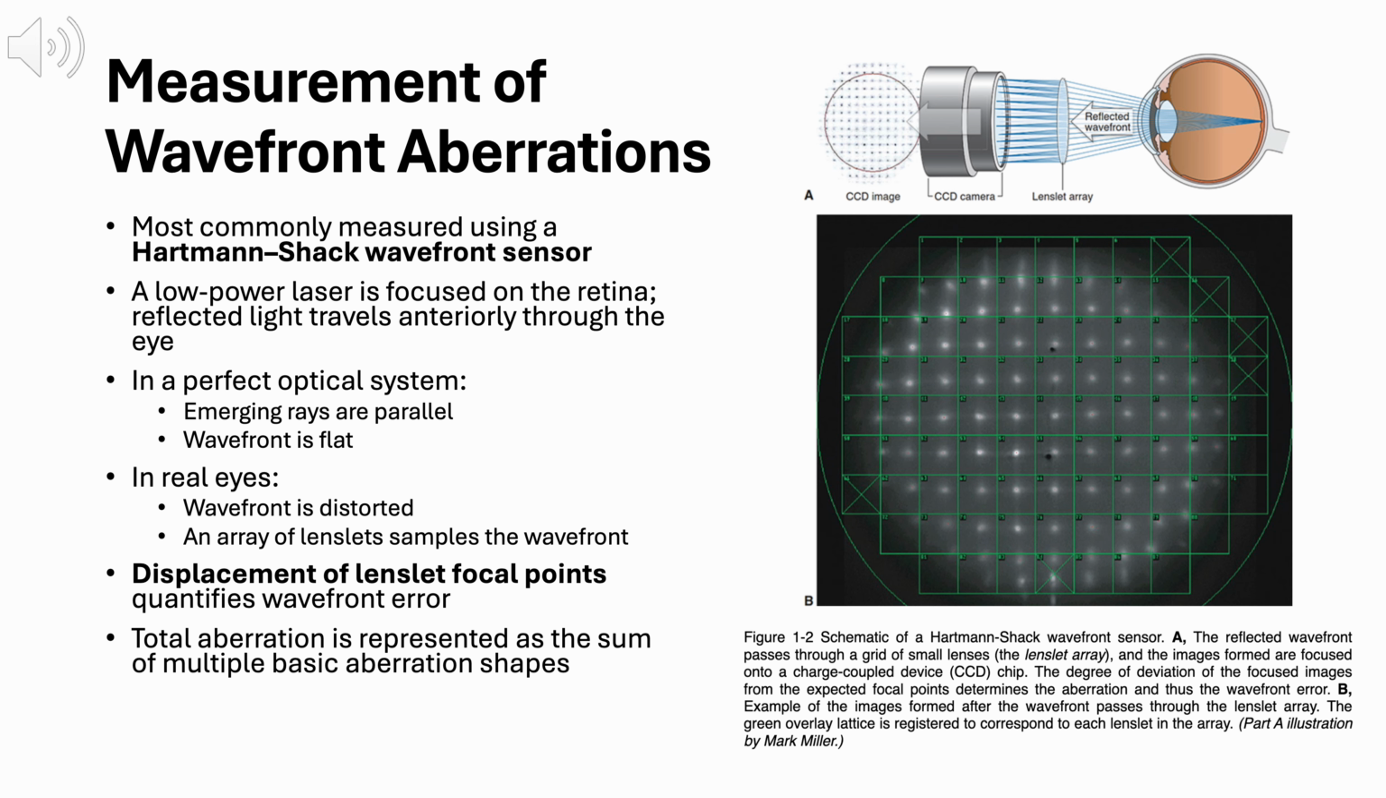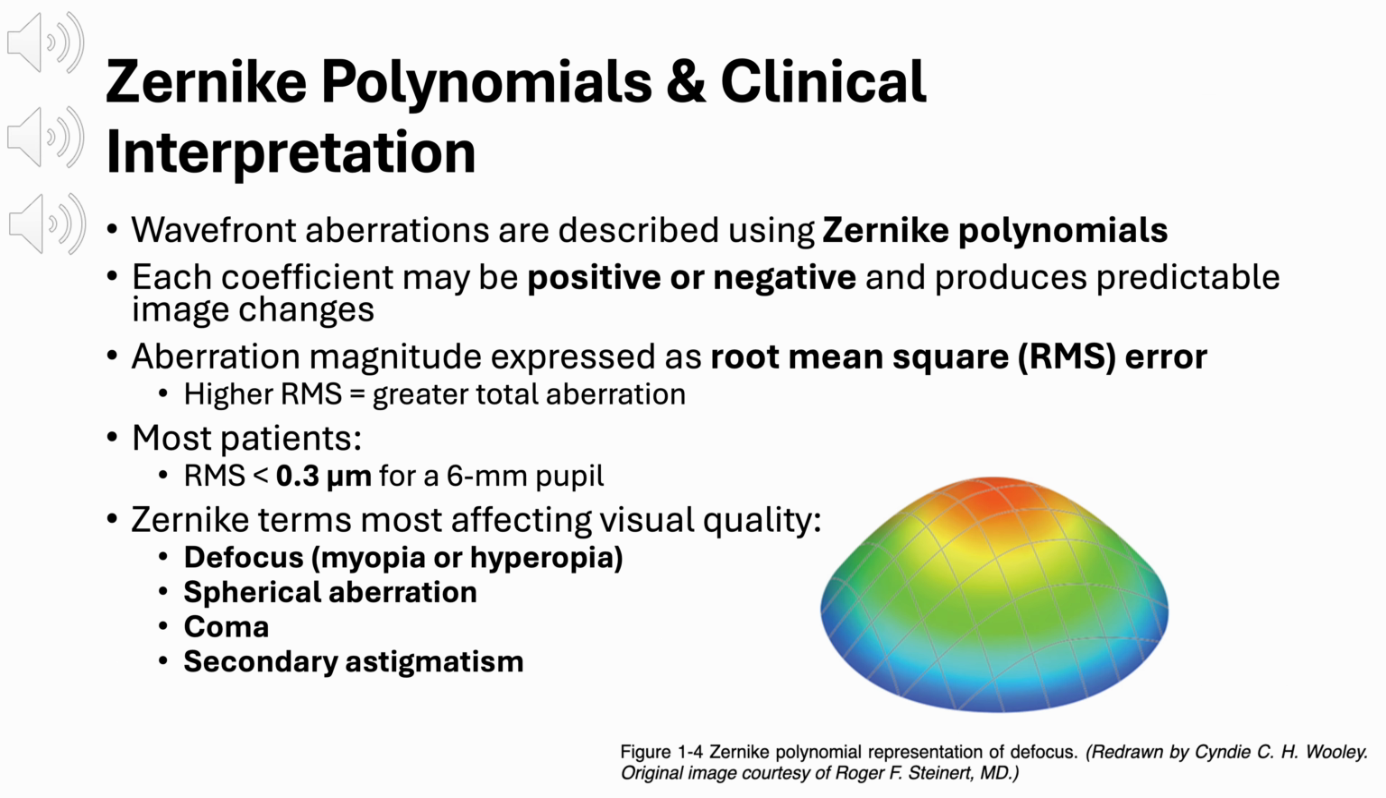By adding together the measurements from all of the lenslets, the system reconstructs the total wavefront error as the sum of multiple basic aberration shapes, allowing us to describe both lower-order and higher-order aberrations in a way that is clinically useful. Now that we've talked about how wavefront aberrations are measured, the next step is understanding how that information is